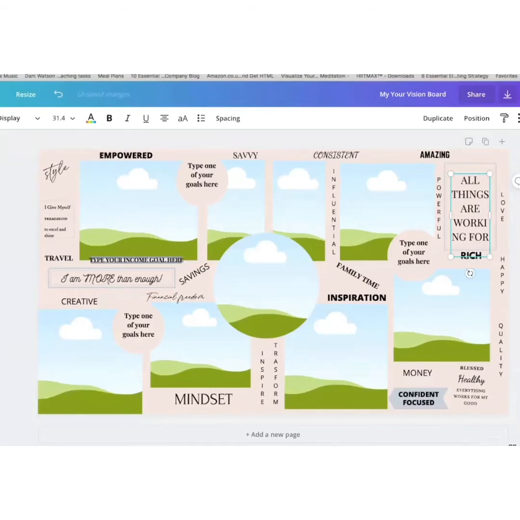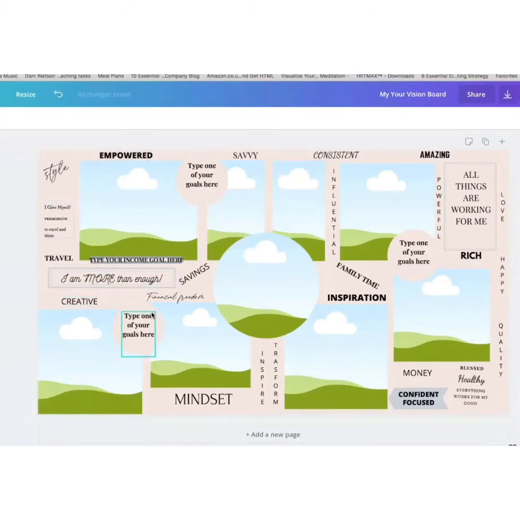for me. Now, if you find that what you've written is overlapping on the templates, again, it's very simple to adjust. All you need to do is use these small buttons here, push it up a little bit here, okay? And then maybe expand it, okay? So I have made it in such a way that you can change any of these words to any words that you want if you don't feel connected to any of what has been written here. And I'll show you how you can also change the font as well. But let me show